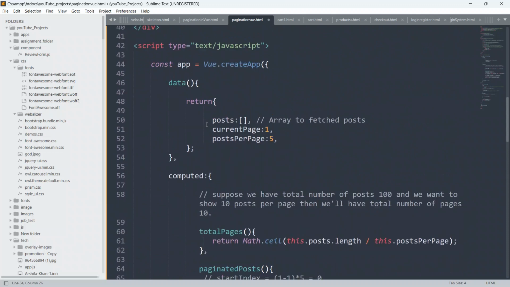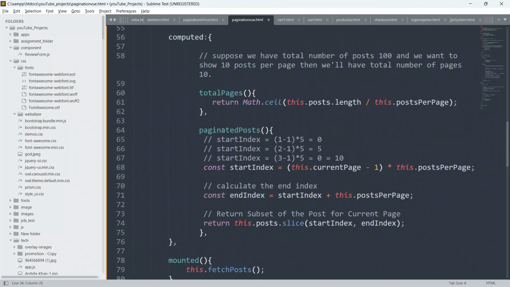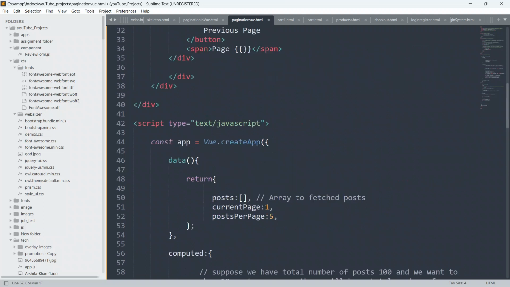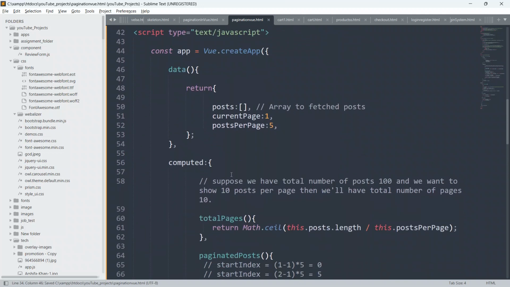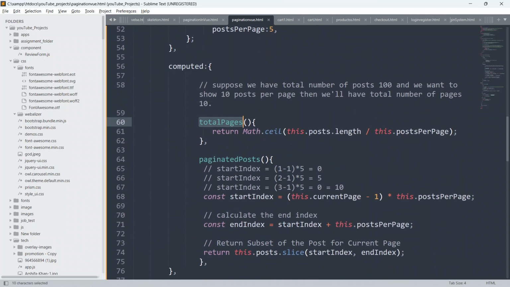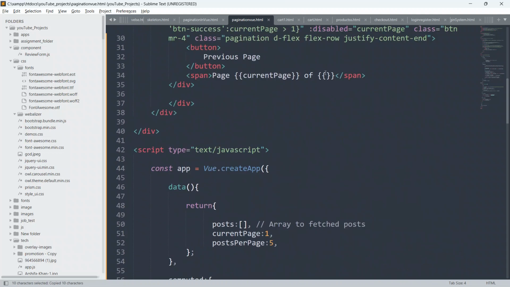So where is the current page method? So yeah, this is the current page. Copy it from here and paste it here, and I'll say here of, in double inverted commas, and again I will say here total page. This is the total page and it will return our total page. So copy it from here and paste it here.